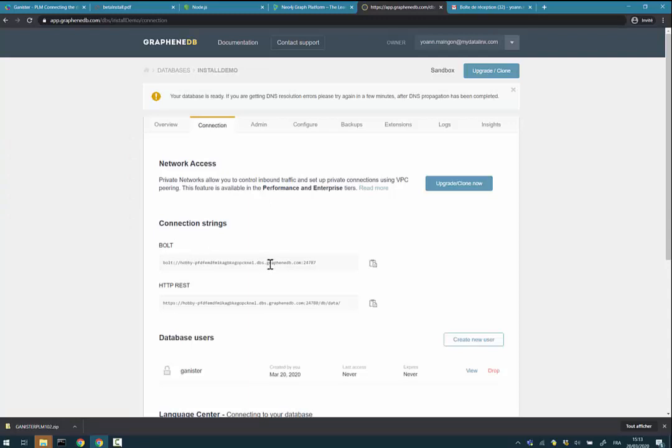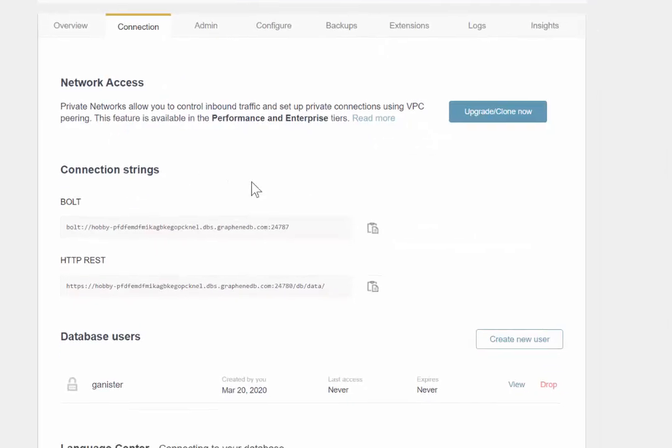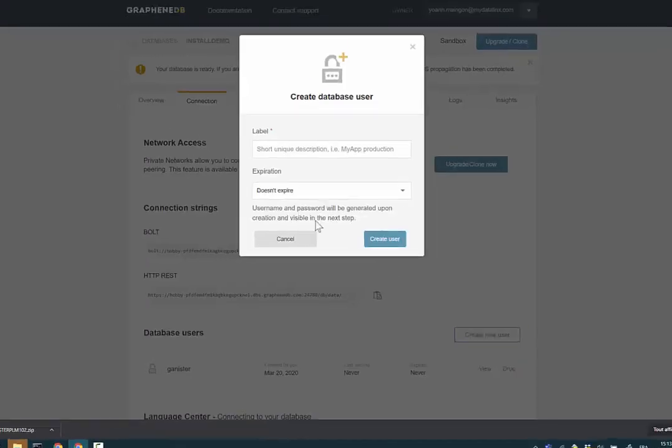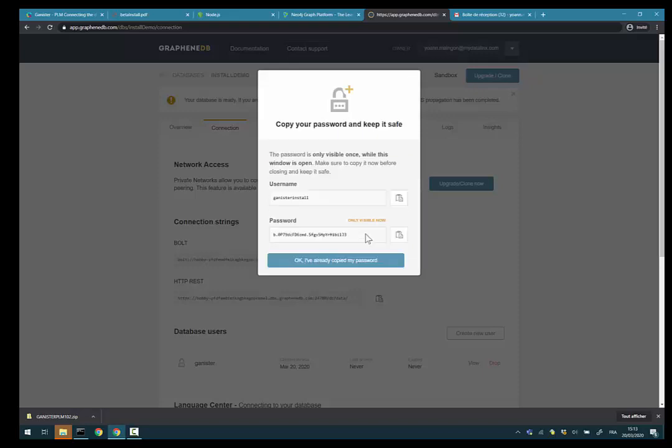When you create it, it takes 5-6 minutes to have the DNS propagated, so you need to do it a bit in advance. It's created, but I don't remember the password for the user. So what I'll do is drop this user. I know what I'm doing, and I create a new user called Ganister install, for example. Create this user,